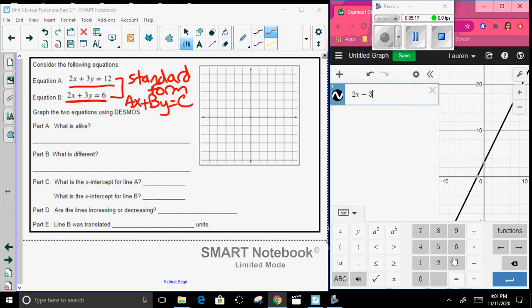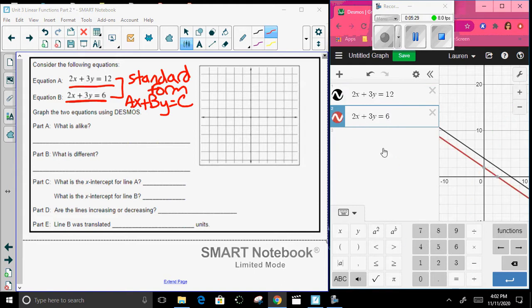So 2x plus 3y equals 12. And then 2x plus 3y equals 6. So really it looks to me like the only difference is the equals 12 and the equals 6 there. Okay? All right, so if you notice my graph, before we look at what's alike and what's different,